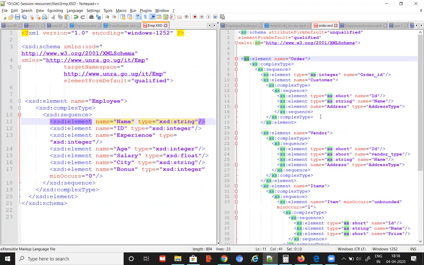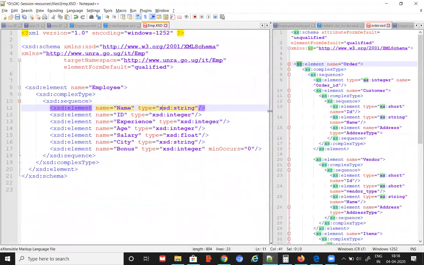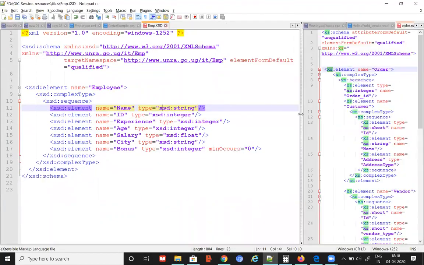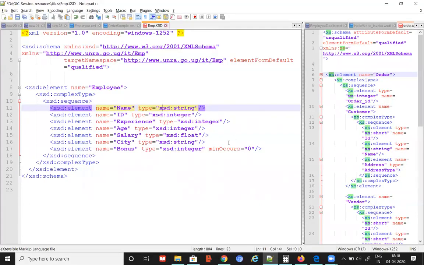Can you please show one already created XSD file which is having the target namespace defined in itself, the example you were telling about which is actually created? Can you ask that question again? Can you please show us the XSD file which is finally created, so that by referring to those namespaces we can go to the logical area where we can find the definition? Yeah, we'll actually be doing that when you do WSDL. It will be exactly the same. I'll be showing that. In the WSDL, we're going to refer to these XSDs.